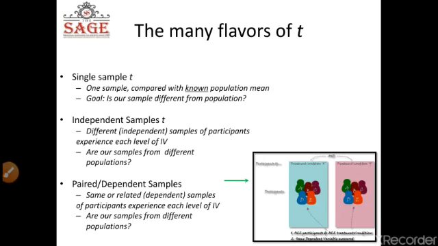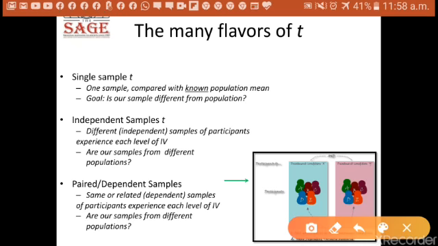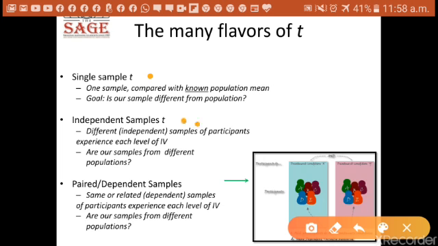Now, this video is divided into three categories, and in each of the three videos we are going to talk about the single sample t-test, the independent sample t-test, and the paired dependent sample t-test. These are the different t-tests which are conducted for hypothesis testing. Since the population mean is given to you, it is called parametric testing. Parametric testing means that we are trying to take the sample and put it on the population.